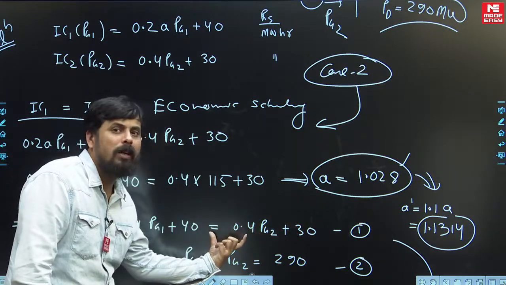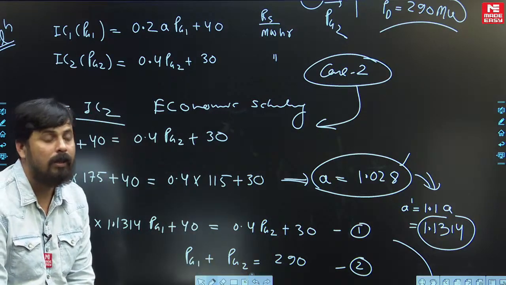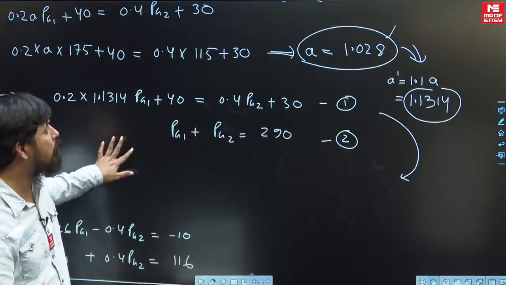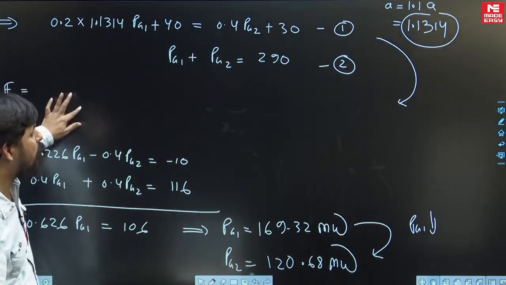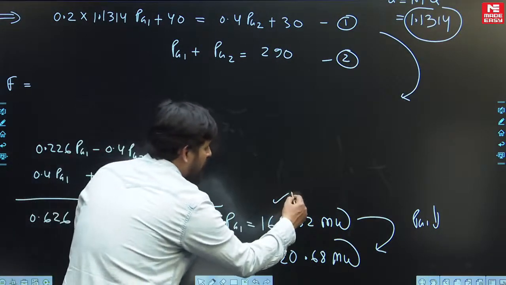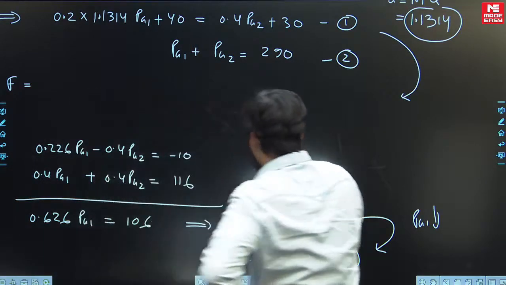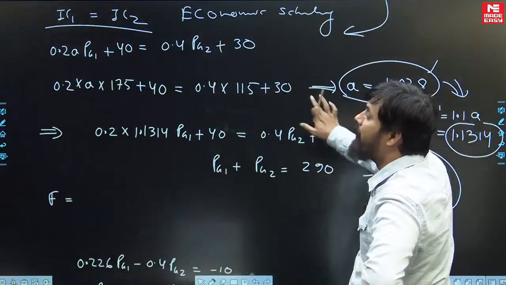तो ये एक इक्वेशन हो गया, और डिमांड तो सेम है, तो Pg1 प्लस Pg2 290 हो गया। तो इन दो इक्वेशन को सॉल्व करेंगे, ठीक है। जब आप इन दो इक्वेशन को सॉल्व करेंगे तो आपको Pg1 की ये वैल्यू मिल जाएगी और Pg2 की ये वैल्यू मिल जाएगी।